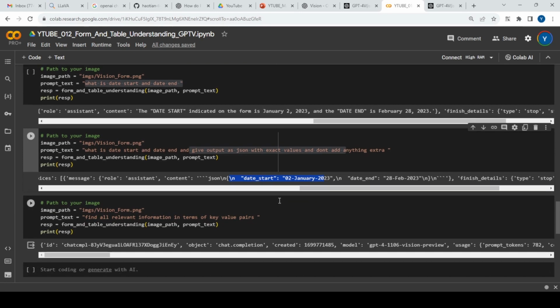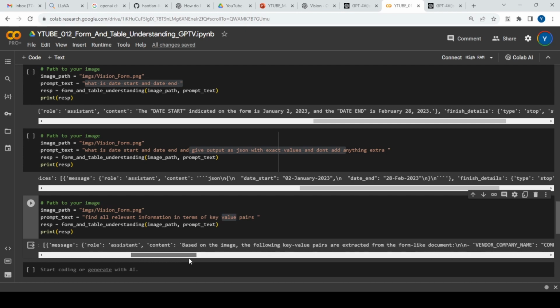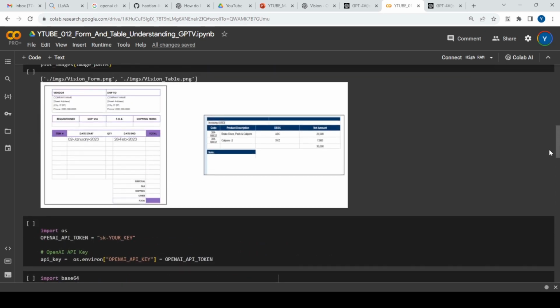The third thing I tried is, give me all relevant information in terms of key value pairs. I'm not asking about date start or date end, I'm asking about anything possible, and that's what it tries to give me. Based on these key value pairs extracted from the form-like document, there is vendor company name, street, and so on. If you go to the particular document, you can see there is a vendor name, ship to,